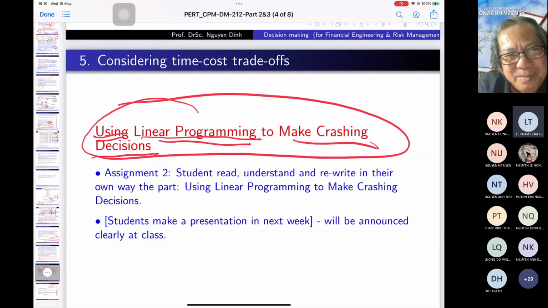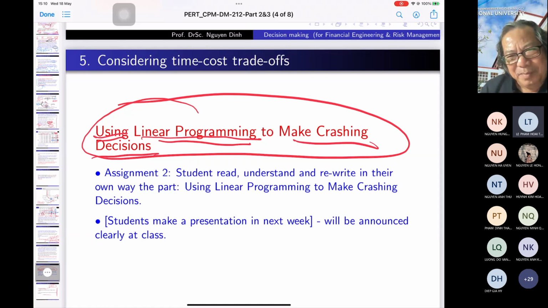Step 1, what you do. Step 2, what you do. Step 3, what you do. That's all. Like in Optimization 2, we learn a lot of algorithms: step 1, step 2, step 3, or something like this. You just understand it and imagine in your mind how to realize this with some kind of language. That is okay.